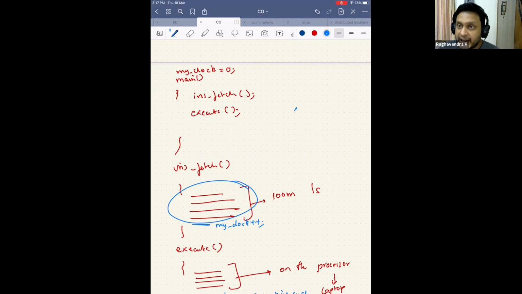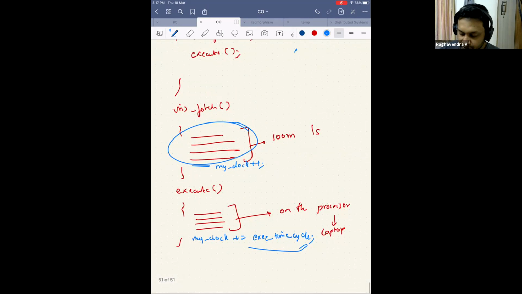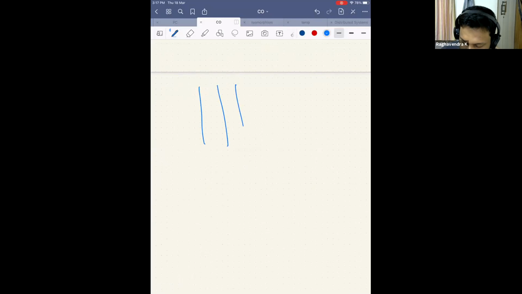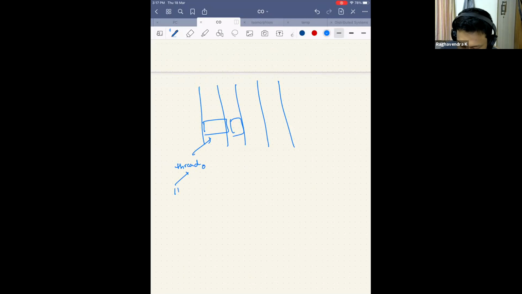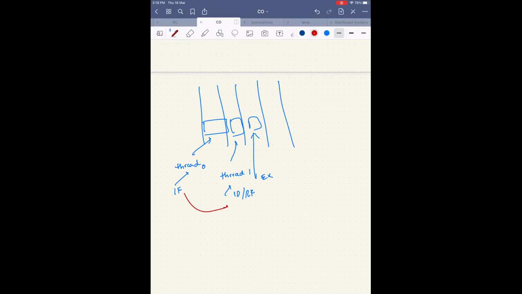Generally when we give this problem to students, or anybody who wants to design this, what will they think? They'll think that this is one of the hardware units, so they will launch a thread here. Some of your seniors, I think, did this. They launch a thread, call it thread 0, and this thread will be handling instruction fetch. There will be one more thread, thread 1, doing instruction decode, register fetch. There will be one more thread doing execute. So they will actually pass the data from this thread to that thread after this gets executed.